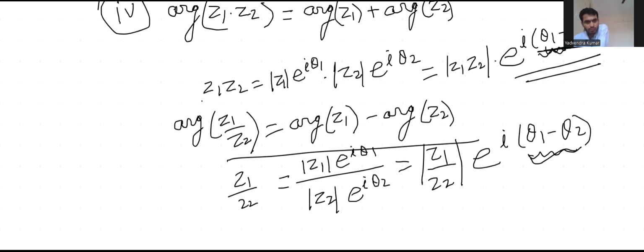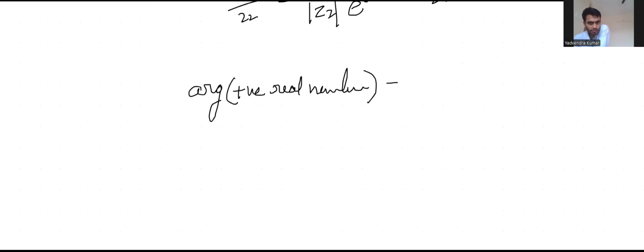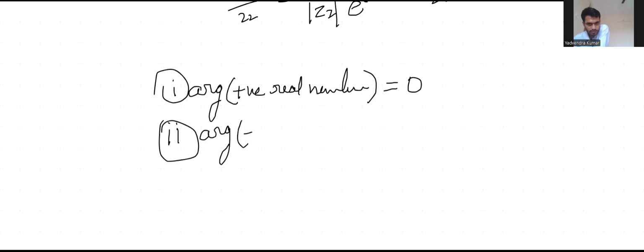Now, what will be the argument of any positive real number? So it will be 0, first one. Why? I will elaborate later on. And argument of a negative real number, if you look, it will be pi. Third one,